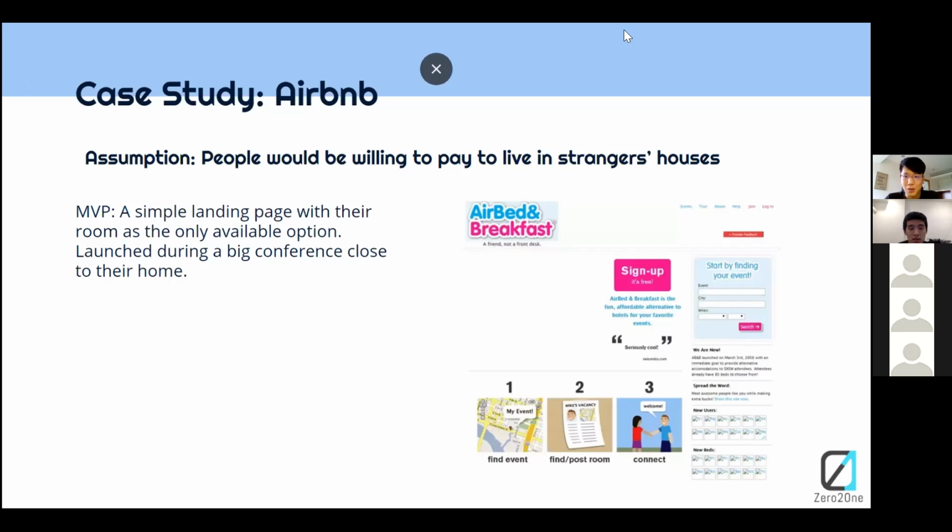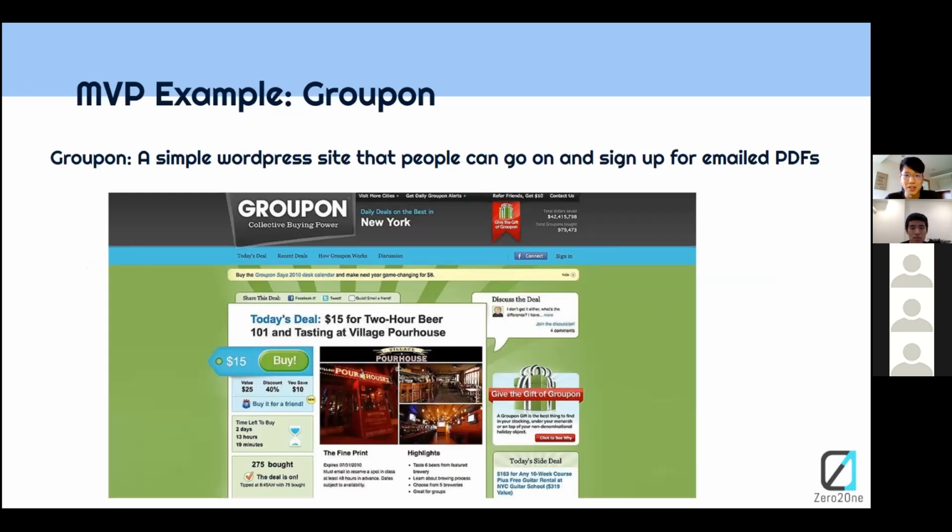Okay, and we'll just look at a few more examples. You guys don't have to do case studies, we're just going to talk through some examples. First of all, Groupon. What they did was build a very simple WordPress site that people can go on. Do you guys know what Groupon is? Right now they have so many coupons on their website, but originally it was literally just